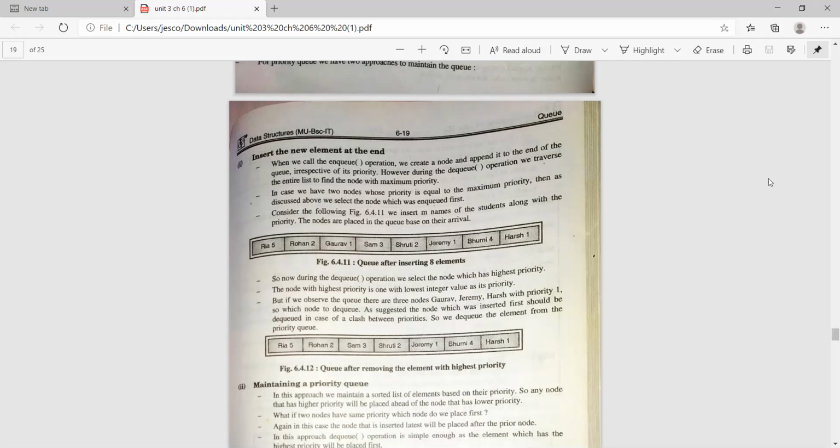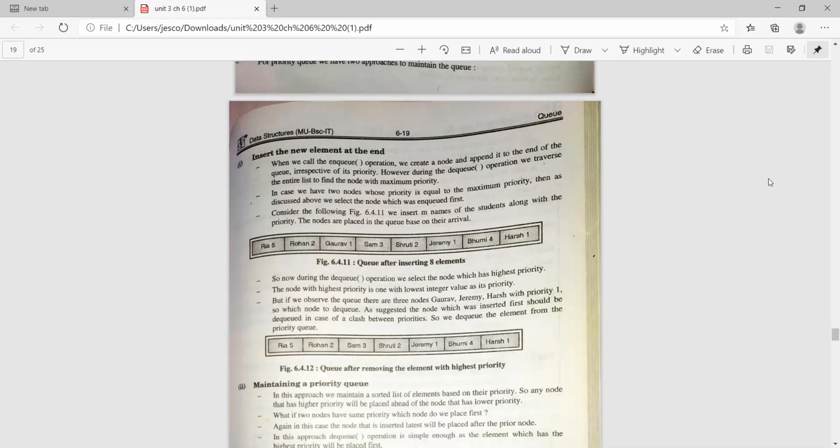So which node to DQ? As decided, the node which was inserted first should be deleted first, so that there is no clash between the priorities. So Gaurav will be deleted first because Gaurav is inserted first.